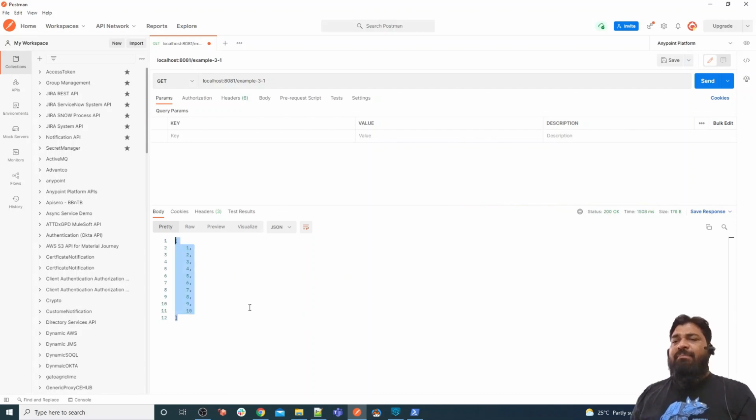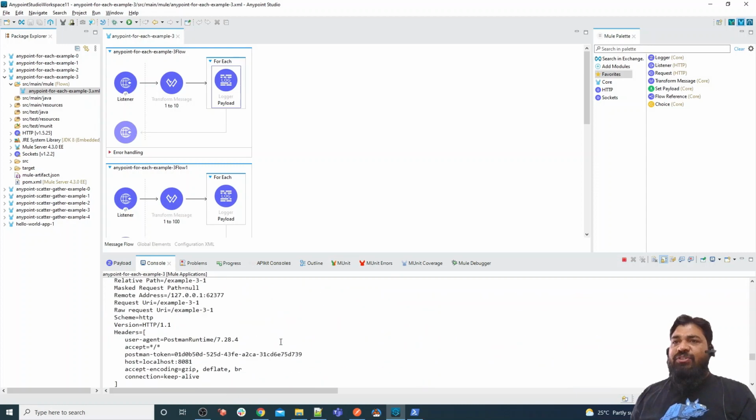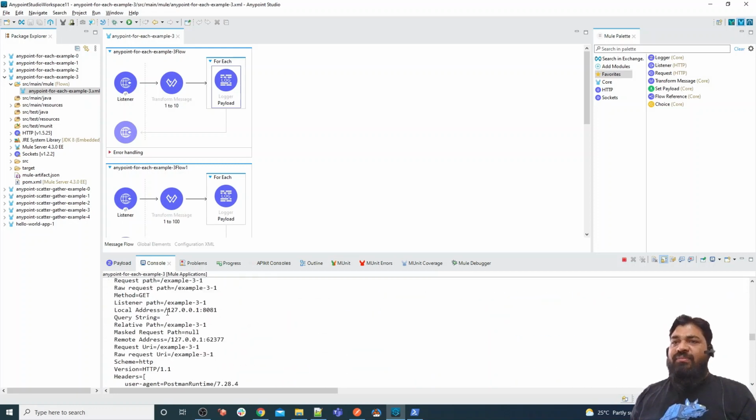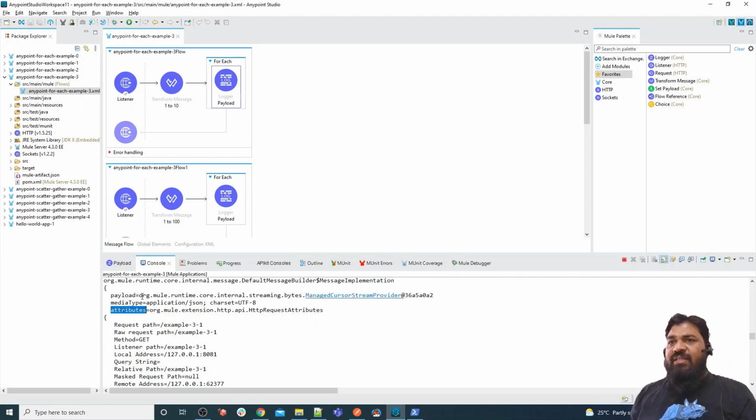As you can see, we provided input from 1 to 10. The payload is 1, counter is 1, payload is 2, counter is 2, and this is the root message. In root message we have attributes, and the payload is nothing but our initial payload.